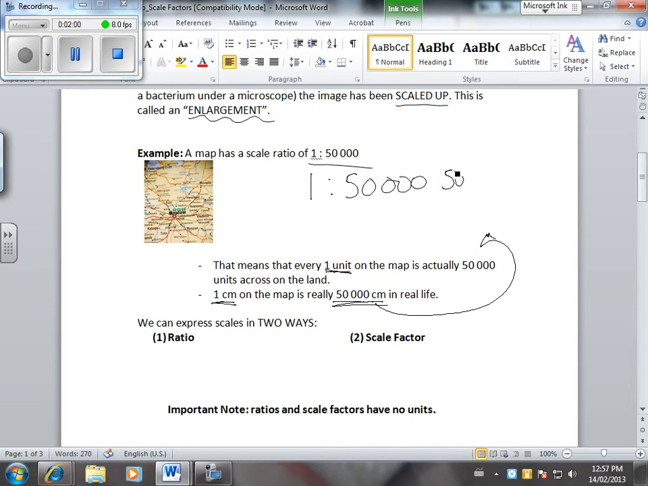To practice our conversions, let's make 50,000 centimeters into kilometers. We'll put this over centimeters, and check how many centimeters there are in a kilometer. So if there's 100 centimeters in a meter,